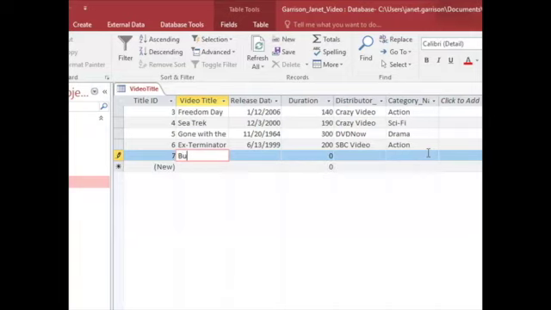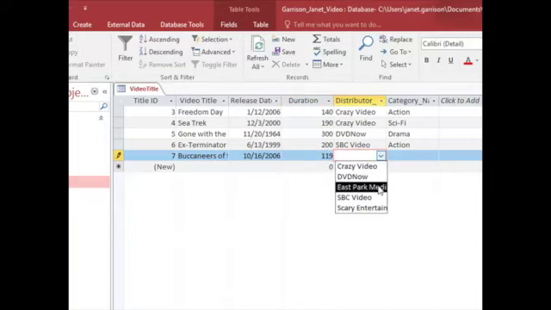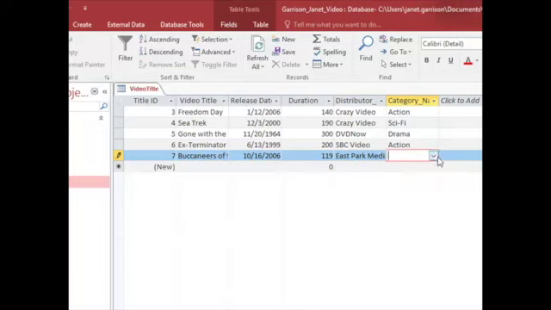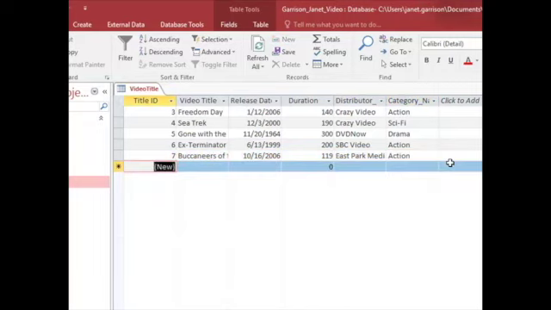And the last one I'm going to put in here, 10/16/2006. 119 and East Park, and it is Action. Okay, so I have data in my tables, and now